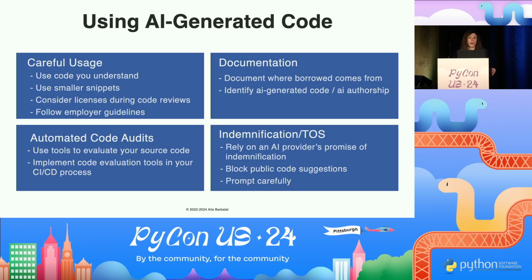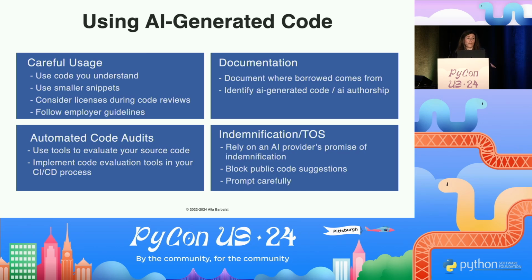If you're finding code on Stack Overflow or elsewhere, you want to be careful about understanding it, not just for licensing related issues, but also because you want to be able to debug, maintain, and ensure that your code doesn't have security vulnerabilities. So by using code you understand, that is very helpful. And then I will say that a lot of these are actually best practices even outside of AI generated code. They'll apply to you regardless.